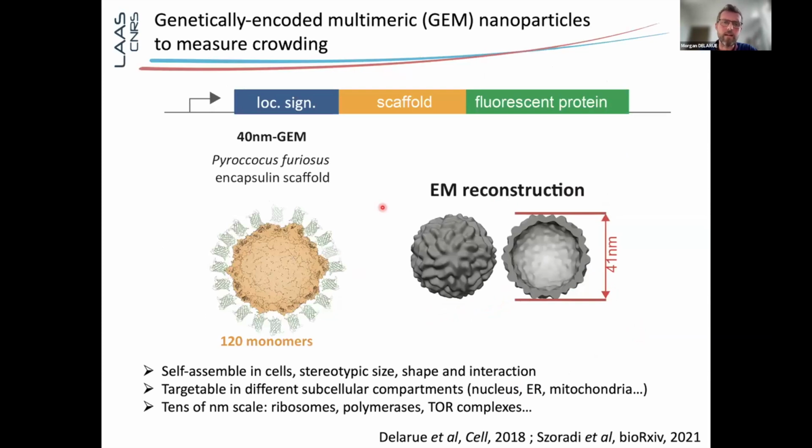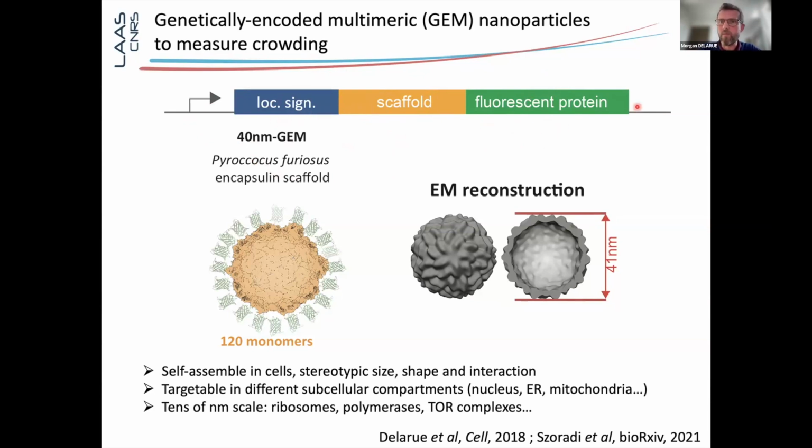What we have built recently is nanoparticles that are genetically encoded inside the cells. What we mean by genetically encoded is that you don't need to inject them inside the cells. What we do is encode inside the cell a protein that can multimerize to form a multimer, and we fuse that multimer to a fluorescent protein, such that when we put this genetic sequence inside the cell,